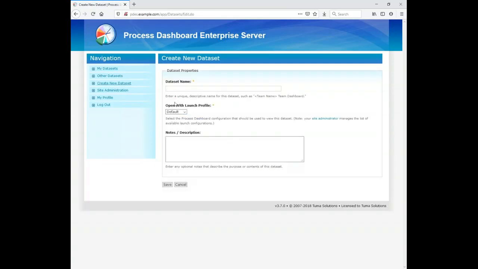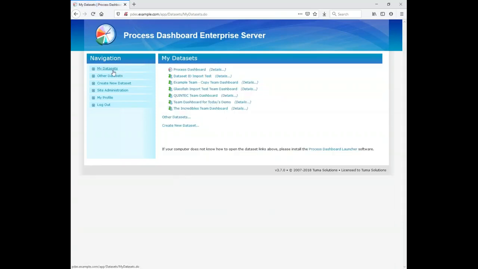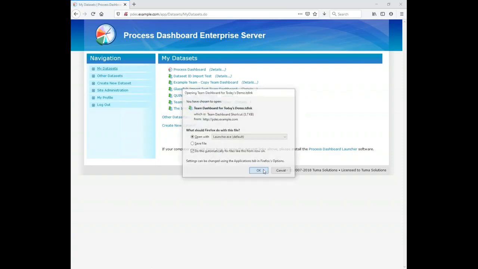I can say I want to create a new data set. In this case, I just give an example of a name for a team dashboard that I'd like to create, and I click Save, and it's been created. We can grant permissions within the Enterprise Server to allow other individuals, like team members, coaches, team leaders, etc., to open this particular team dashboard. When we do grant those permissions and people log into the Enterprise Server, they'll see it in the list on their home page. And at that point, it's just a matter of clicking on it